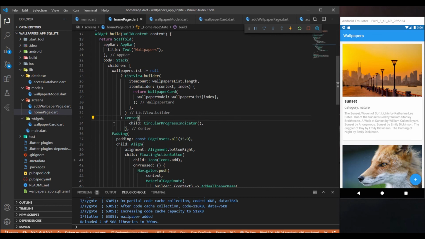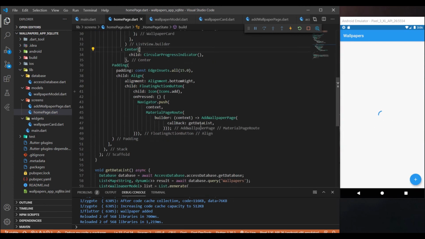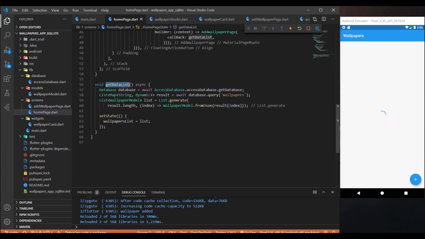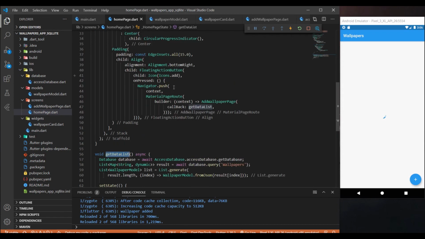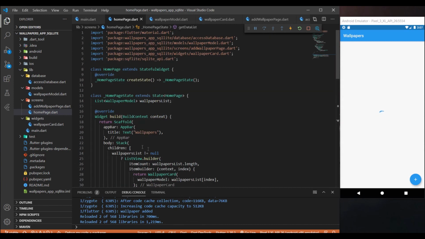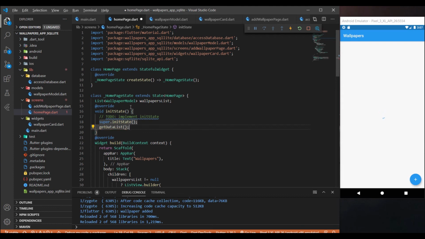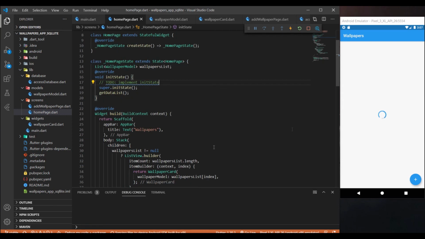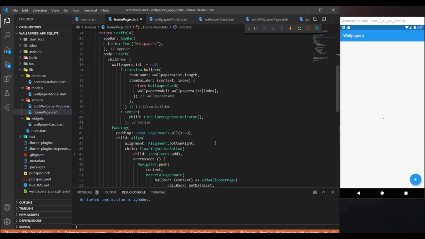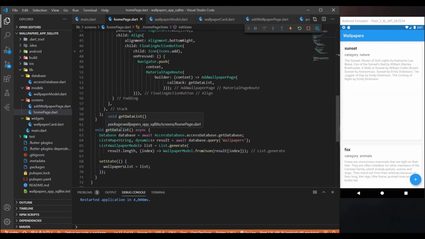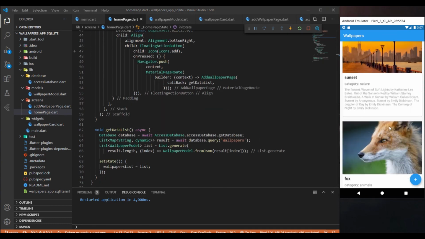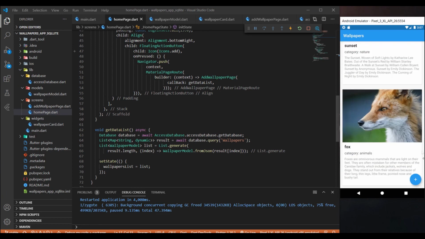Okay, so now it will be loading infinitely because we haven't called get data list. So we have to call get data list in the init state. So now when we refresh the app, we should be seeing the list getting built. Yep, so the list is getting built, and now when we try to add a new wallpaper,